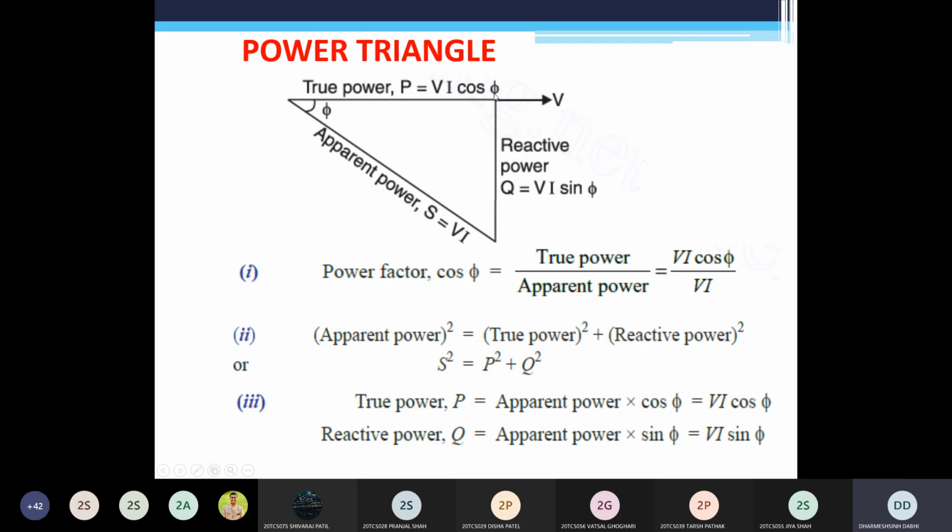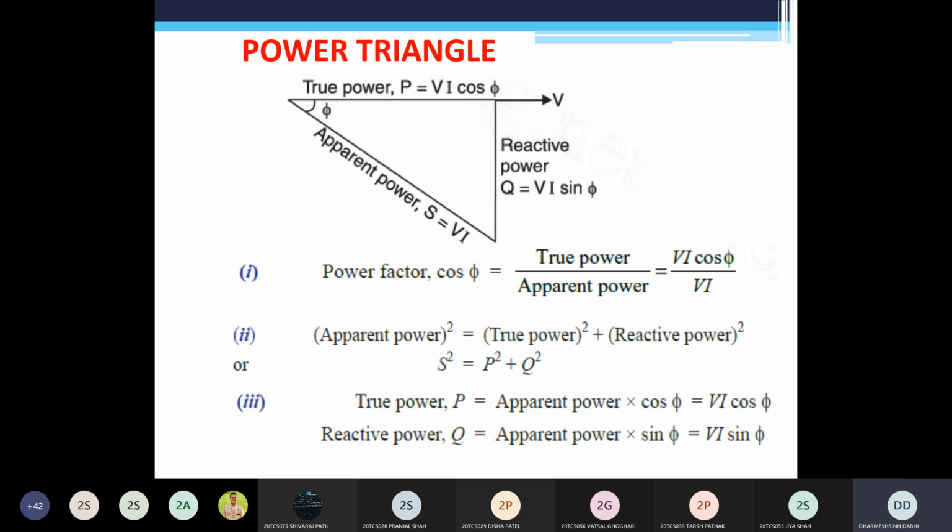Exactly the opposite, think about that. When your power factor is minimum, when your cos phi is 0, at which angle? 90 degree. Phi is 90 degree. In that case, when phi is 90 degree, your true power is what? You can see the vector diagram also. If you draw the vector diagram with phi 90, assume that your active power is almost 0, and all apparent power is the same as the reactive power. It means in your circuit, there is no useful power remaining.